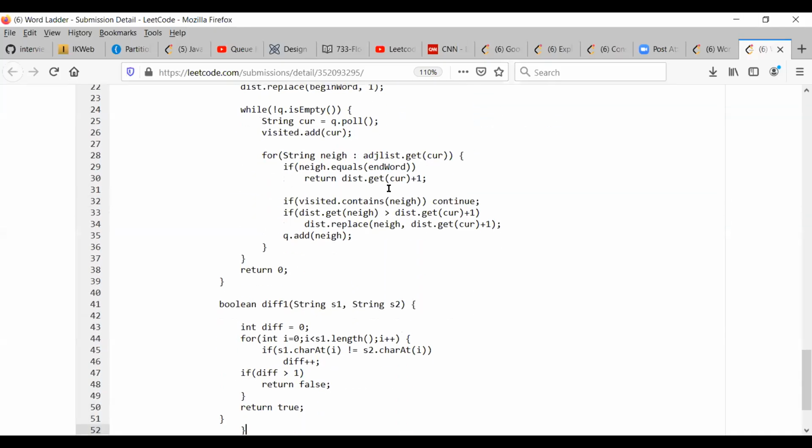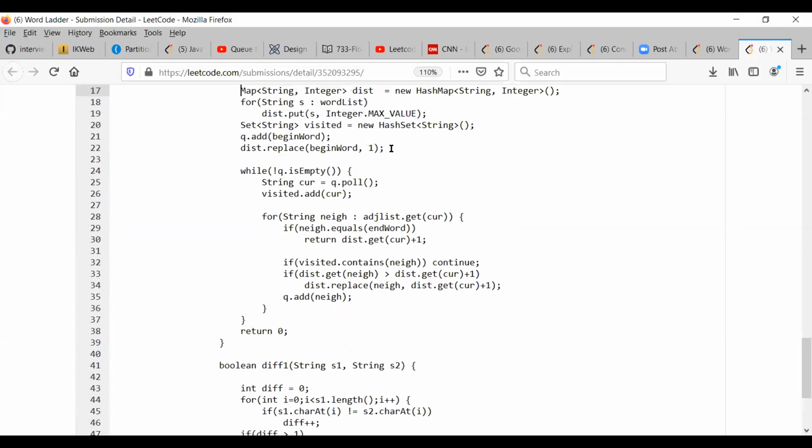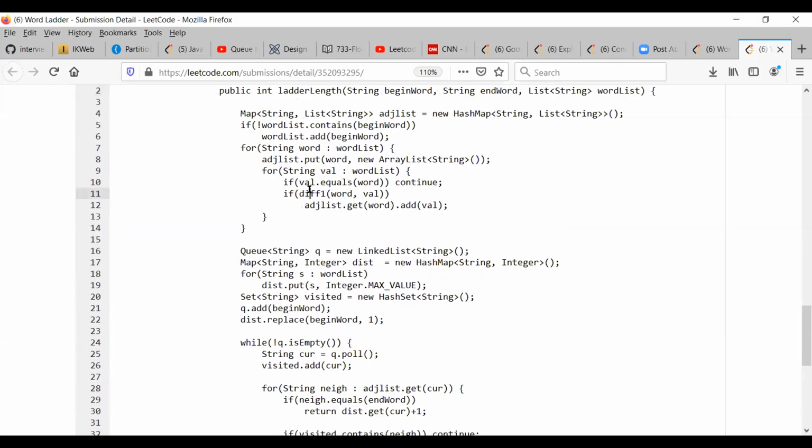We have to compare the words, right? So if the length of each string is, for example, x. Where you called it above this loop, in the adjacency list, while making the adjacency list, here, that line number 11. Okay, so order of n only.